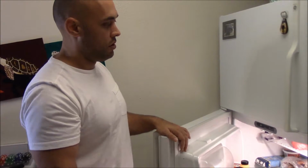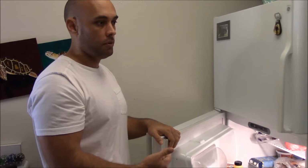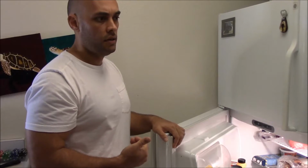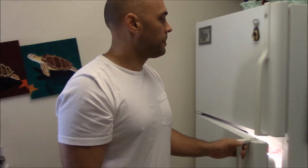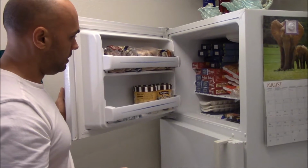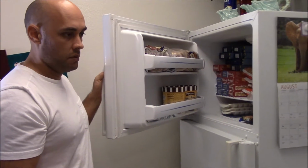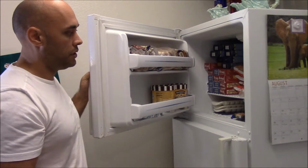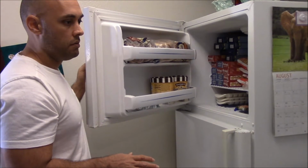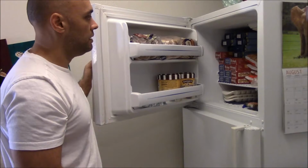But if it's all equal, then you would want to put the chicken where it's the coldest, towards the back, and you'd want to bring things that tend to keep better, like pork and beef, towards the front. Things you know you're not going to use for a while, as far as meat. Let's say you bought 5 things, and one of them was beef shanks, and you knew you weren't going to use it for 8 days. Anything that's probably 5 days or more on your list, and you know you're not going to cook within 4 days, maybe 5, pushing it, anything beyond that,